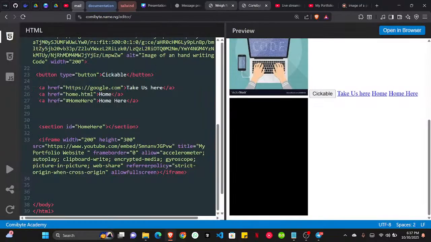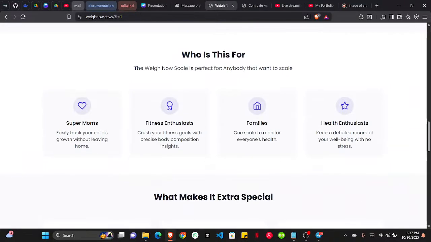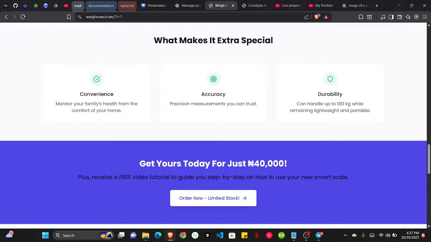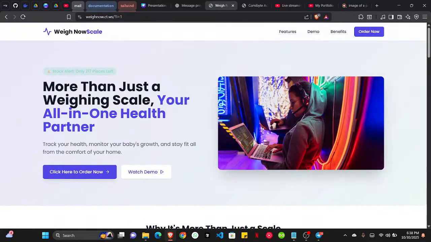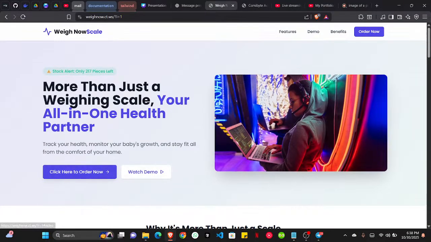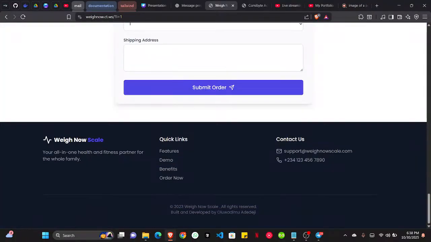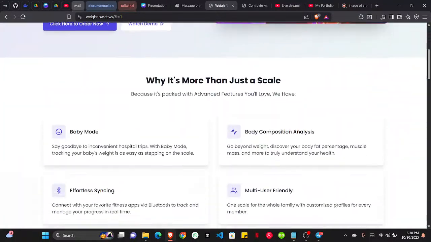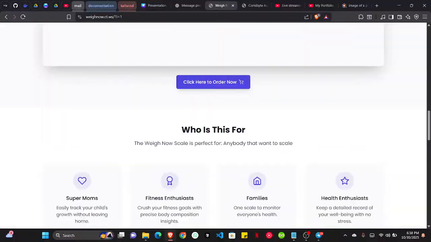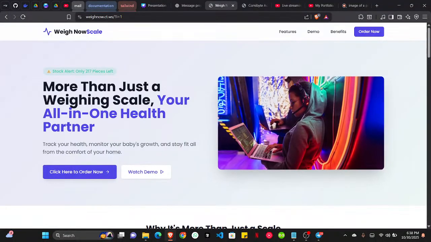To the next part. The next part we are going to talk about is icons. Basically, icons are just short icons. Some people call it emoji, but as a web developer, we call it icon. We're going to see icons like this, icons like this, icons like this. All these are icons, displayed on buttons and so on. We have lots of icon libraries, but the icon library we are going to use here is what we call